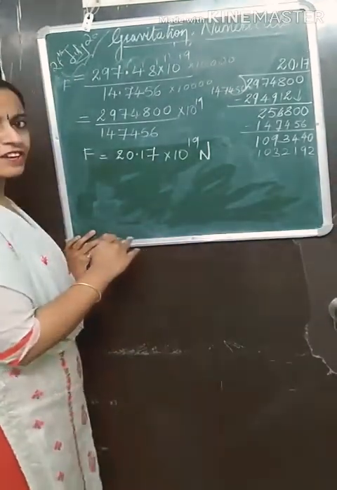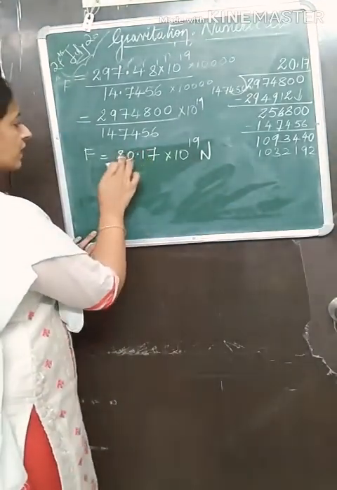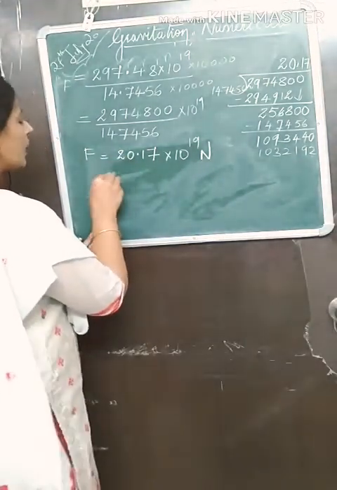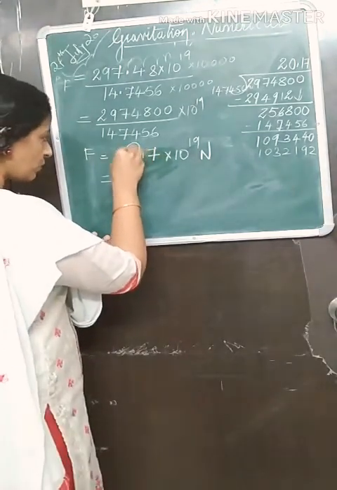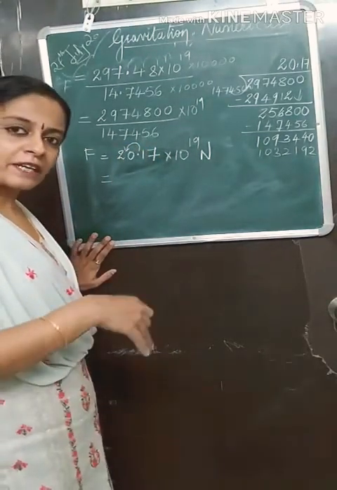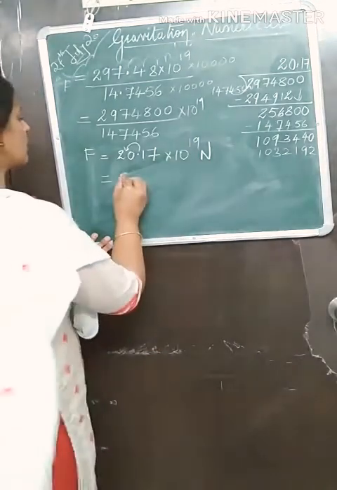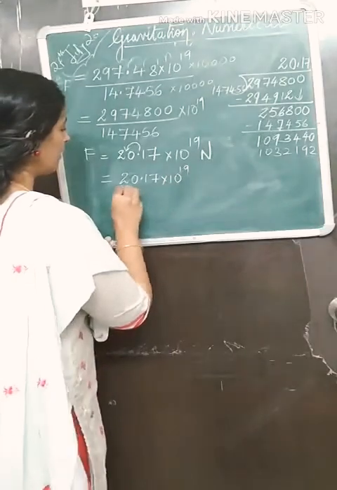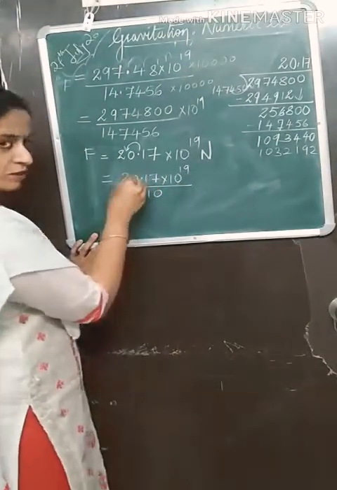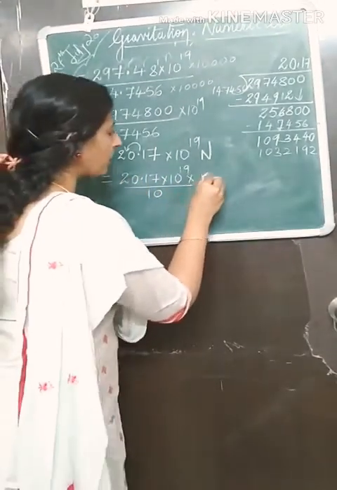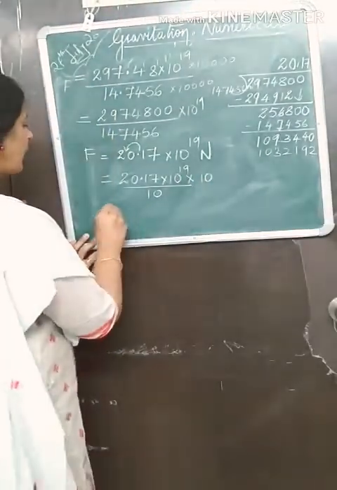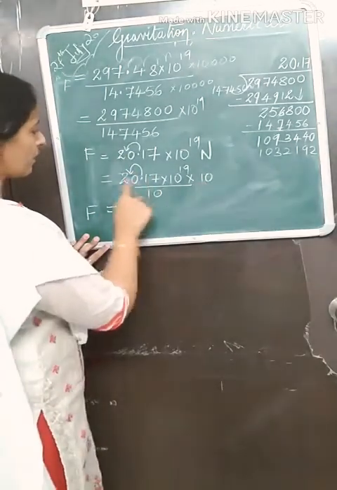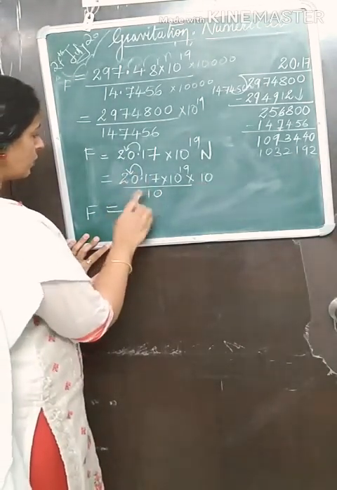In the textbook, they have given it in standard form. Means only one digit before the decimal point. So how will you write it? We have to shift the decimal point to this side. So we'll have to divide by 10, and multiply by 10. So 20.17 into 10 raised to 19. When I divide by 10, the decimal point will be shifted to the left. In the same way I have to multiply by 10. So the final answer as given in the textbook, the decimal point will be shifted here. Okay, because I am dividing it by 10. So it will become